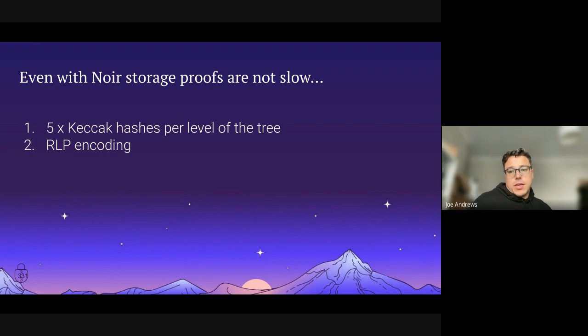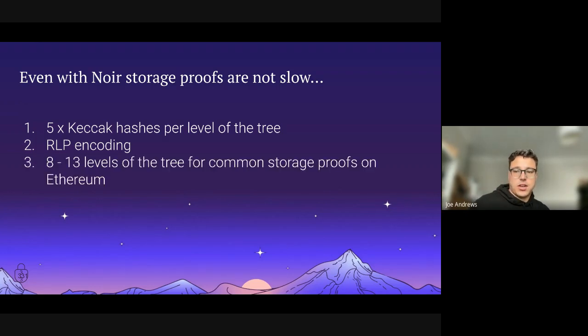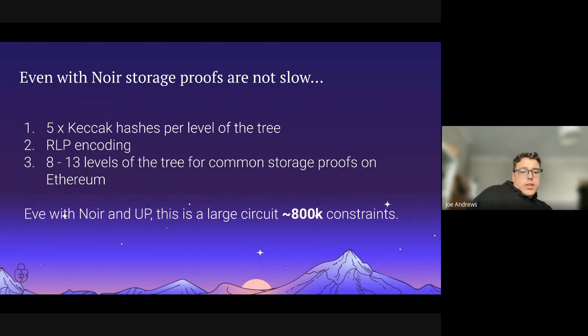Lots of RLP encoding. Every hash is RLP encoded before it's hashed, and there's lots of hashes, so that's a large cost. And depending on the activity in the contract, the tree can be anywhere between 8 to 32 levels. For NounsDAO, it's around 5 to 8, and for the CryptoPunk example, I think it's less than 5, which we'll see in a second. So even with this, we're still seeing circuits of around 800,000 constraints,